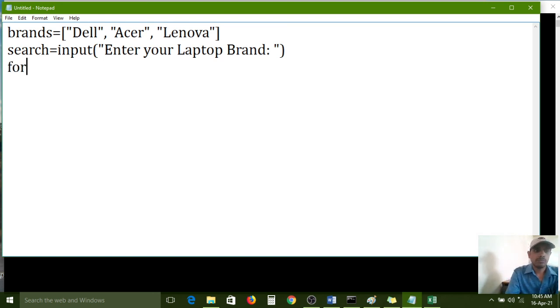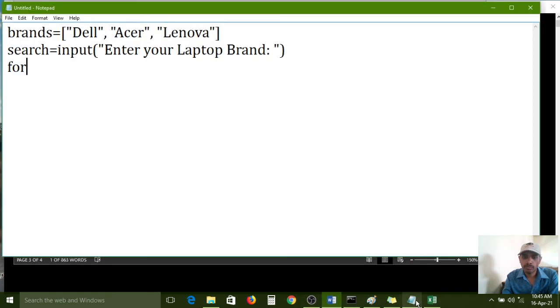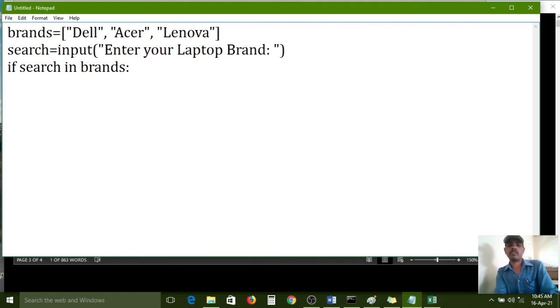For loop. Sorry, for loop is not required. If search in brands, one colon symbol is required. Some indentation space is also a must because I am writing one more statement related to the if block.